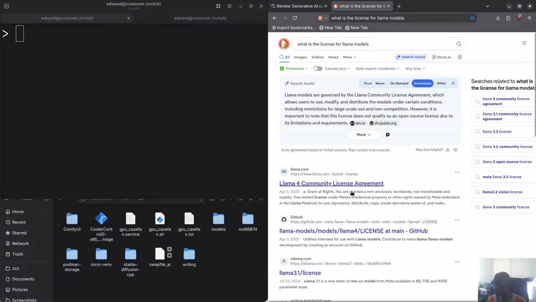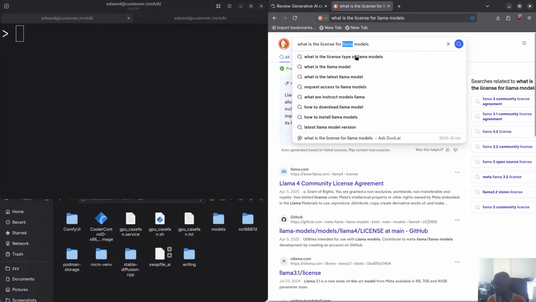One of those restrictions is you cannot create not safe for work content. That's what makes it not open source, because open source means you can use the software any way you feel like it. So if they put restrictions, that makes it not open source. Even though they say you can reproduce and so on, there's a term there, or if you have to sign a EULA, that will make it not open source. Now, if we go for the Codellama itself,